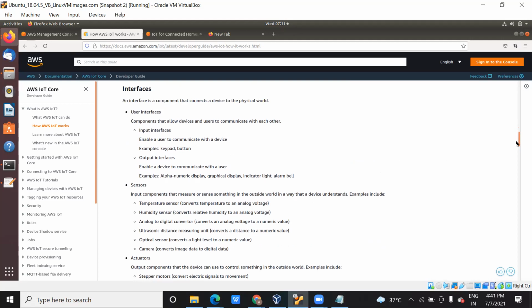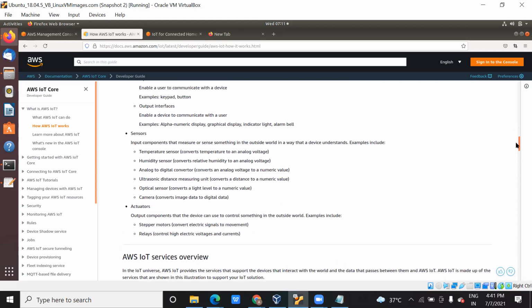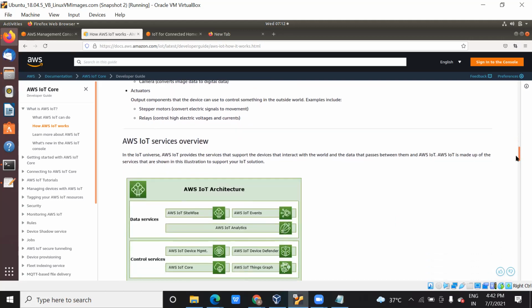We use some sensor, or we make a network connection between the hardware device and the cloud. There are two things in IoT devices. One is your sensor, which sends a signal from your IoT device to the cloud. And one is the actuator, which receives the data. These are the two components that we will see.